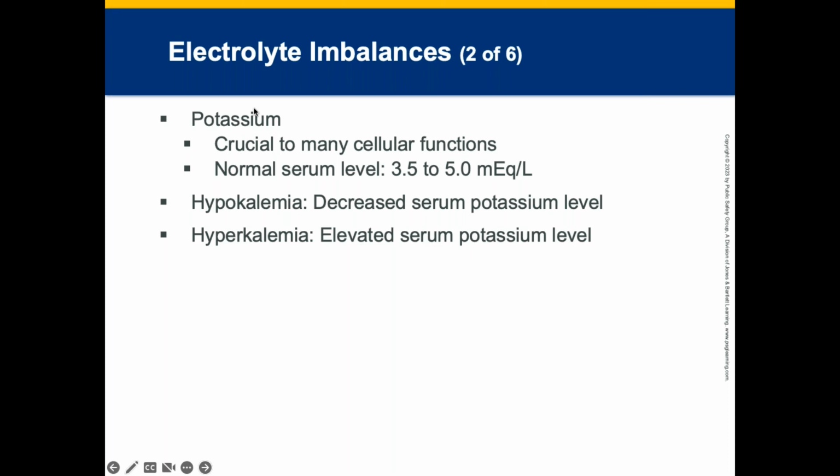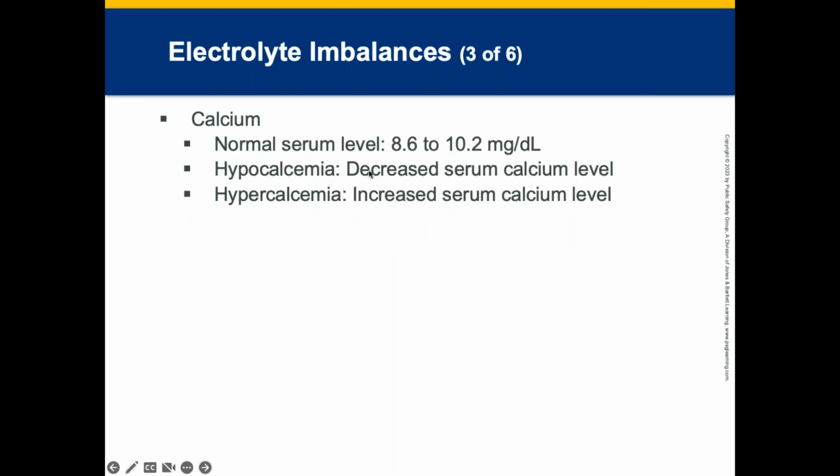All right. So these are just things to think about now that we're moving up levels, understanding everything goes down to that cellular level, and we have to understand electrolytes, because if we do something wrong, it causes more detrimental injury to the patient. All right, calcium. The normal serum level is 8.6 to 10.2 milligrams per deciliter. Hypocalcemia is a decreased level. Hypercalcemia is increased. Nearly all, which is 98%, is found in the bones and teeth.